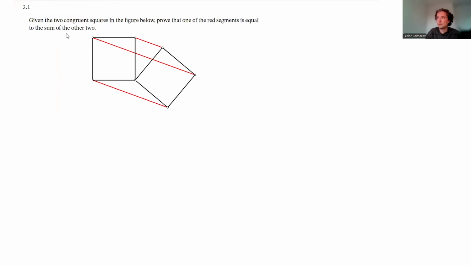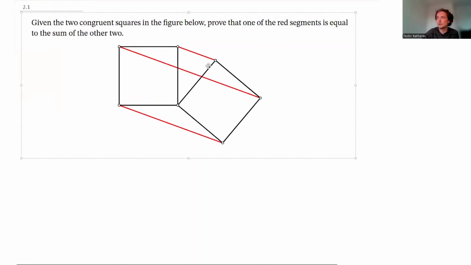There were two congruent squares, as shown in the figure, and it was necessary to prove that the sum of two red segments is equal to the length of the third one. The simplest explanation, I think, was the following, that you should take